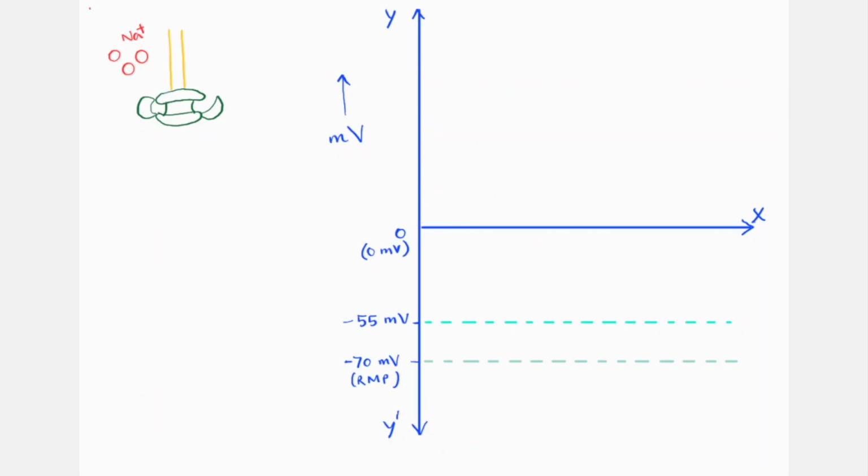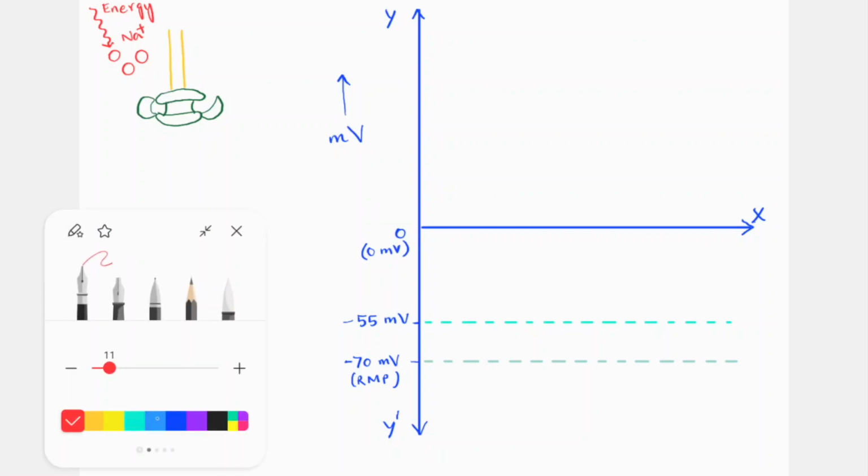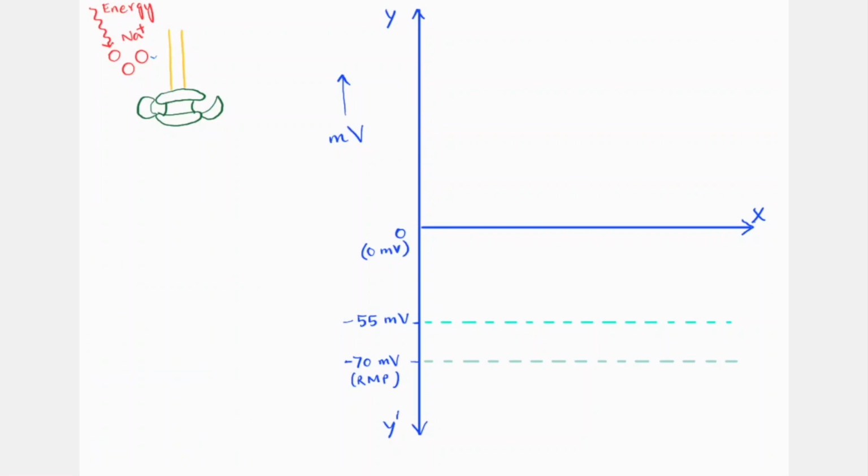Now let's say maybe you get hit by a hammer or something, or maybe somebody touches you. So let's say there's some input of energy, that may be mechanical energy, electrical energy, heat energy, whatever, just some stimulus acting on your body. Let's say somebody pricks you with a pin on your skin. That's mechanical energy, right? Mechanical energy is imparted. Now when mechanical energy is imparted, a few of the sodium ions go inside the cell. They cross the repulsive barrier, right? The hydrophobic part of the phospholipid bilayer acts as a repulsive barrier against the Na plus ions entering inside.